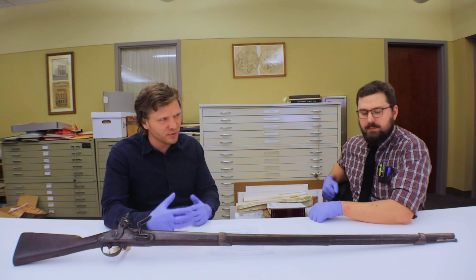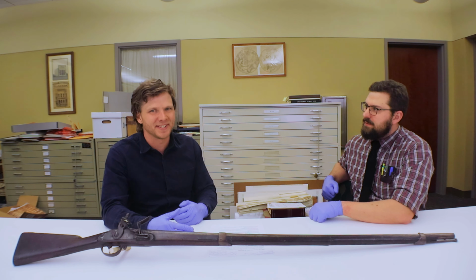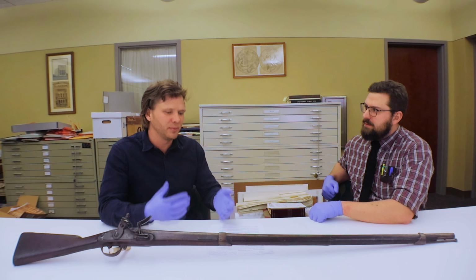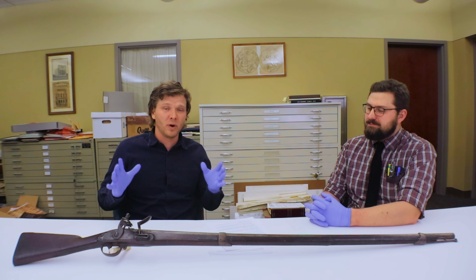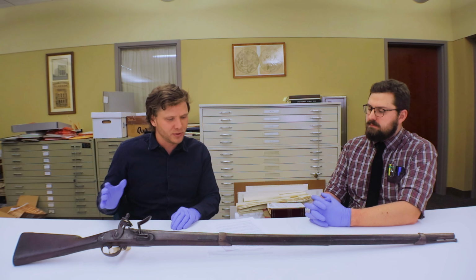And we have to remember that the militia is going to be the mainstay of national defense. We have this modern conception where the National Army does it. Back in the day, it's the militia, but now the militia is going to get some help from the federal government. Included in the Militia Act of 1808 was that they wanted the contractors to produce arms,